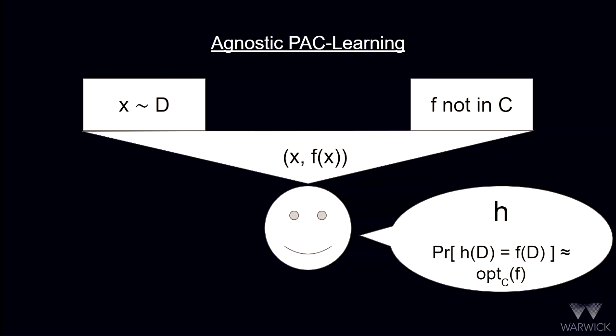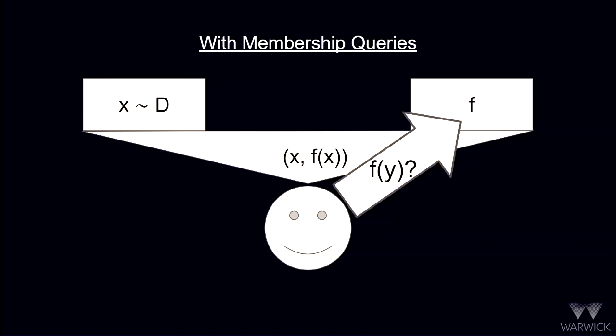There's a generalization called agnostic PAC learning. So now f doesn't necessarily belong to C. And it's probably too much to hope that in polytime we could learn an arbitrary function f very well. But we can at least hope to do as well as the best function that does belong to C. So we're looking for H that's almost optimally computing f with respect to C. There's also a version with membership queries. So now the learner at any point in the process can ask for any points of f that it wants.